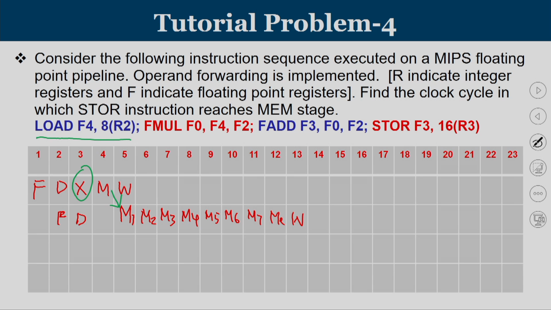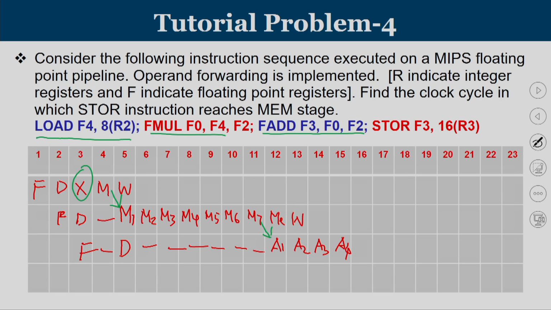Now there exists a dependency between the second instruction and the third instruction. So your value is available only at this point. So even if you apply operand forwarding, the adding unit can start its adding only here. So A1, A2, A3 and A4 can happen only at this point. So when are you going to fetch? You could fetch here, you could decode here. So this is a stall. Now then you have to wait, because your A1 can start only at this point. This is due to data dependency.